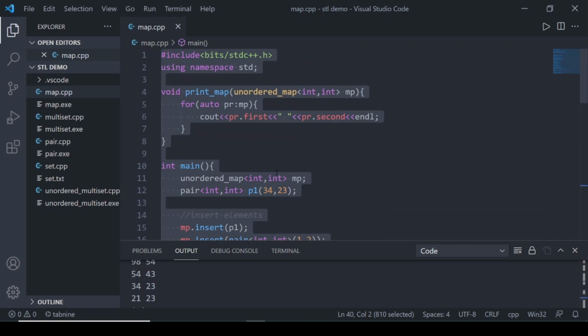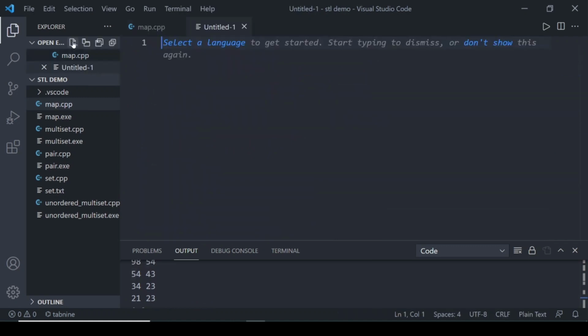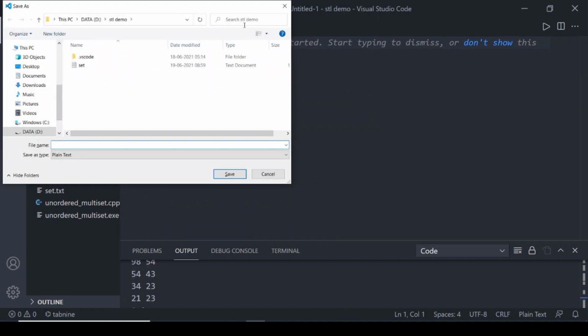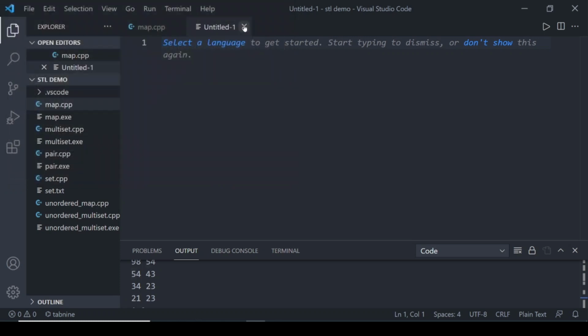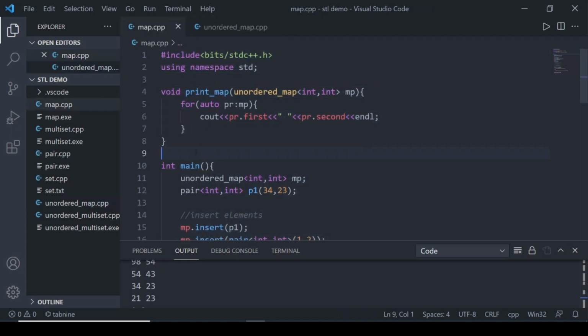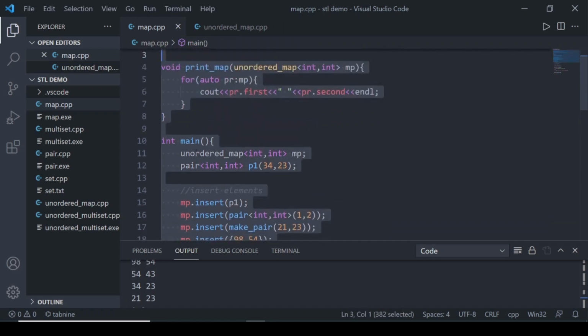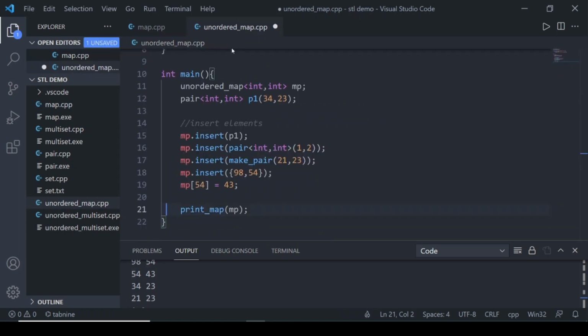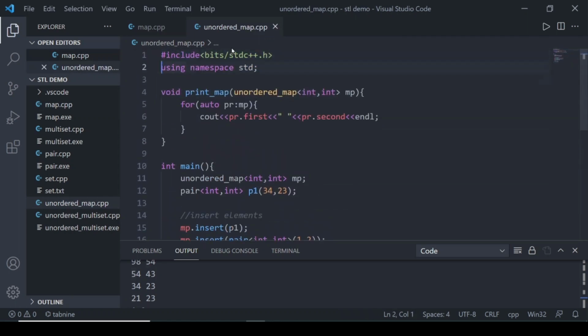Let's make a new file and execute in that. I take this statement as a boilerplate for unordered map. So this is how I print the map and unordered map.